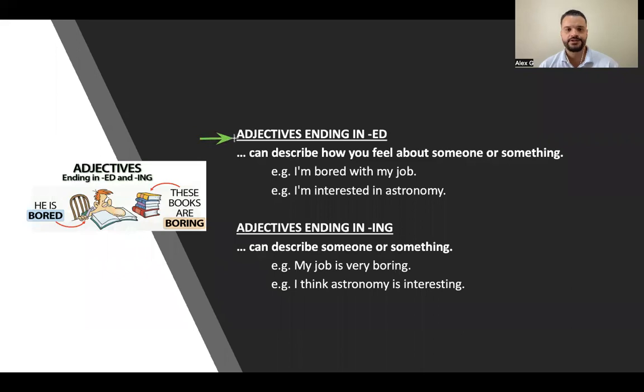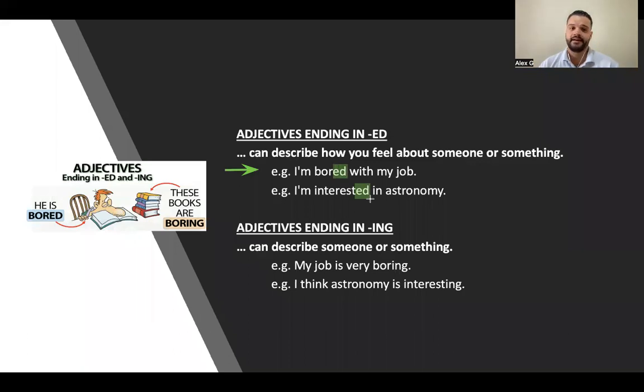So it says adjectives ending in ed can describe how you feel about someone or something. For example, I'm bored with my job. I'm interested in astronomy. So if we take a look, we have adjective plus ed, bored, interested plus ed, and